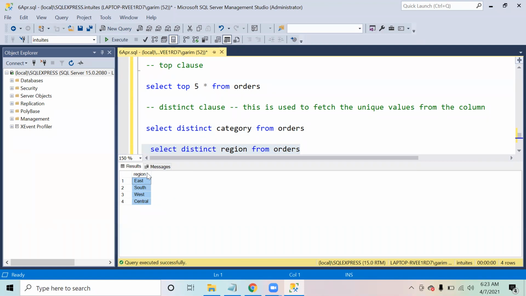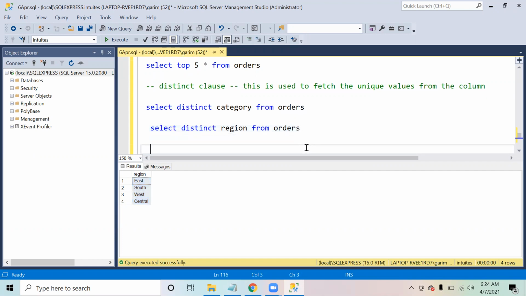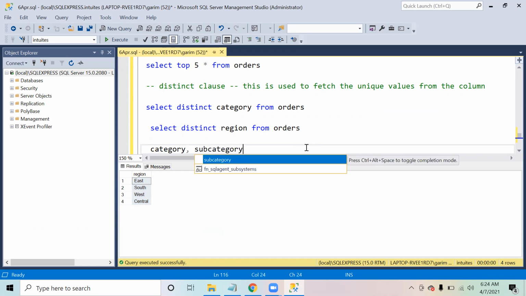For getting the entire table without any duplicate rows, can we just select distinct star from orders? Yes. If you want to see all the unique rows in a table, or a combination of columns, right? For example, in this data, we have a category and a subcategory. Every category has some subcategories, which is a sort of hierarchy, like every country has some states and every state has certain cities.